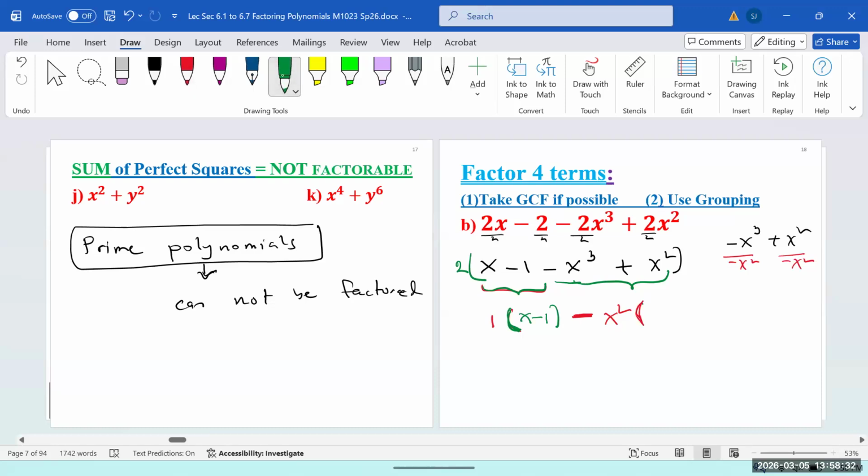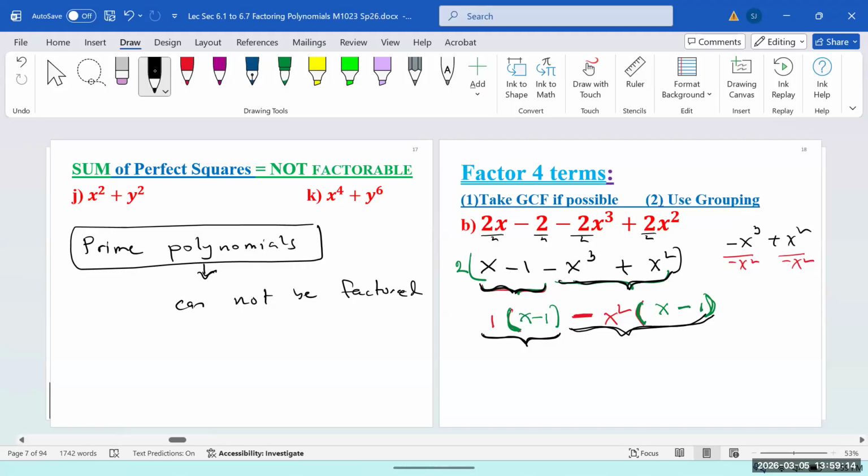So what is left in the group? x cubed divided by x squared is x. And then minus 1. But we still have our two groups. So this was our group number 1, and this was our group number 2. And we still have them. We didn't do anything, right? Besides factoring each group.